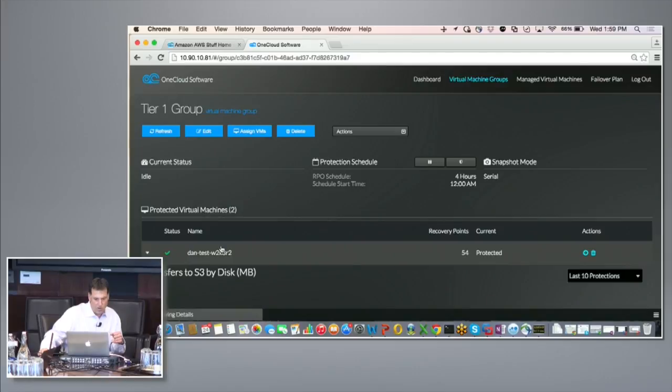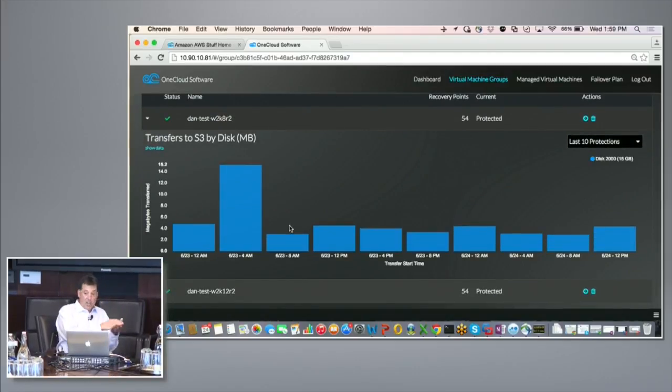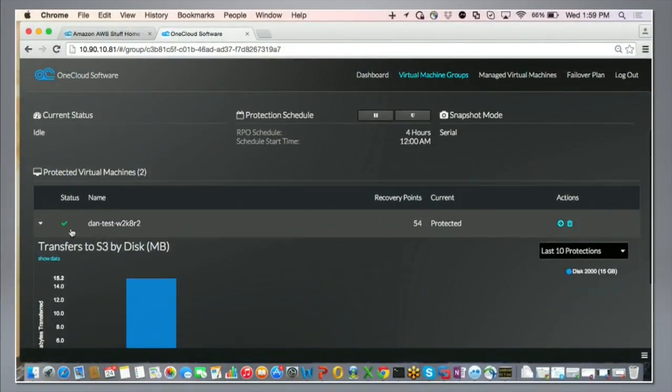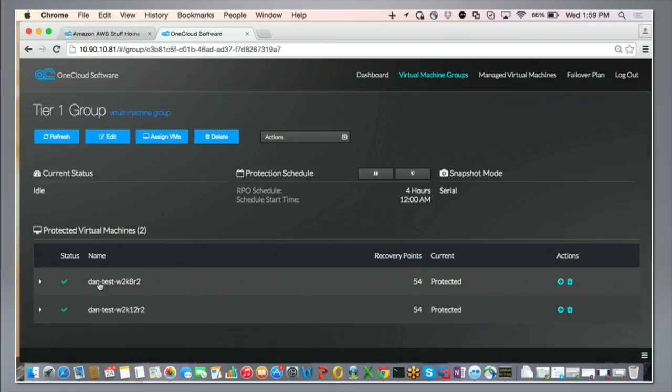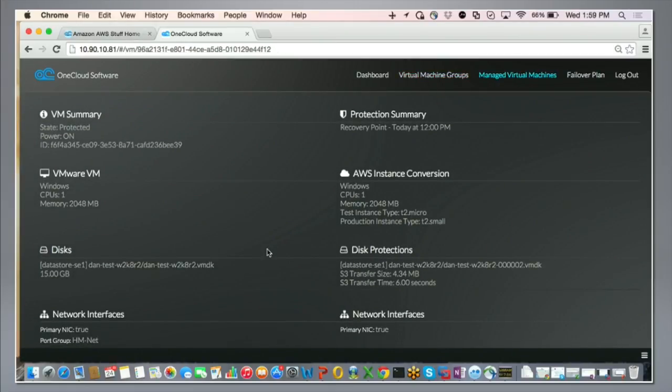If I select over on the side here, and let me just scroll down, you would actually get a historical view of the protections and how much data that we're sending across to AWS. So you'll see in this case here, it's the last 10 protections that I've done for this VM. And then if I select the VM itself, now we're going to get a bunch more details around this. You're going to find information about the OS and the different things there, the data stores, but then